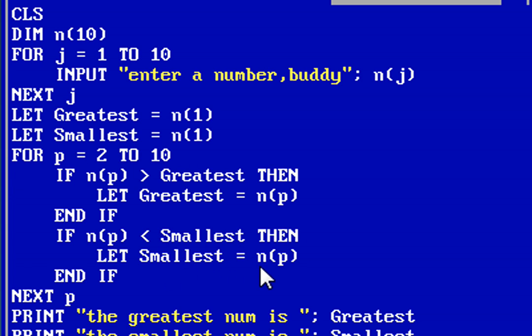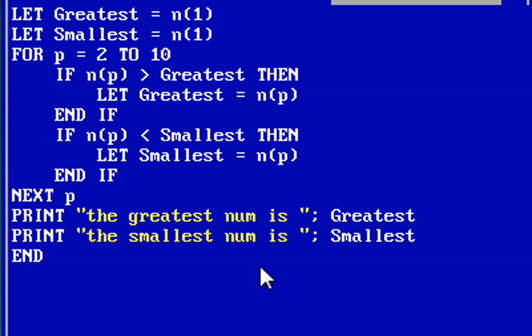And finally after doing so, we have the greatest number in the variable called greatest, and we have the smallest number in the variable called smallest, and we have checked each and every number. To be more clear, we didn't check the first number, we directly assumed the first number to be the greatest and the smallest one.